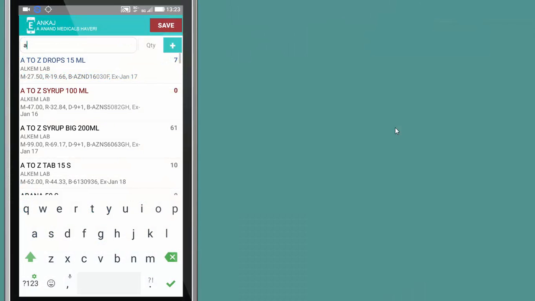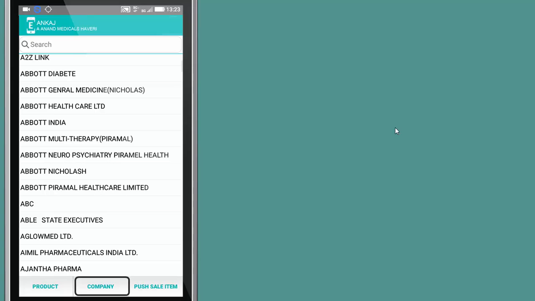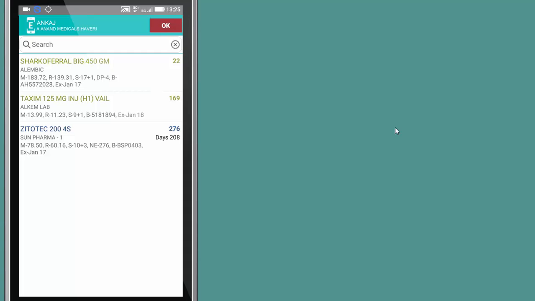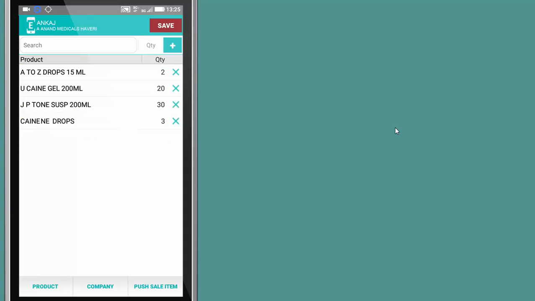If the salesman uses the eOrder app, then in his app itself, the list of all the items will be displayed, from where he can easily search for the name of the product and also see how much quantity is available of that product. He can also search a particular company and filter products of that company. On selecting the retailer, he can see a list of push sale in which only those products will be shown in which the retailer deals. Salesman will simply feed the order taken from the retailer in the app,